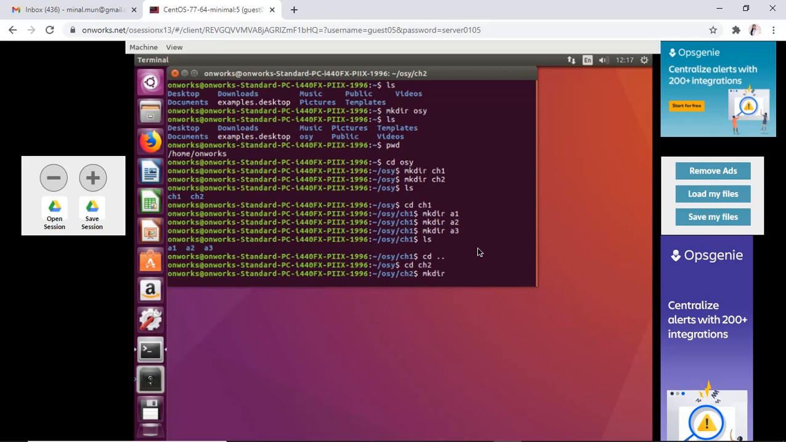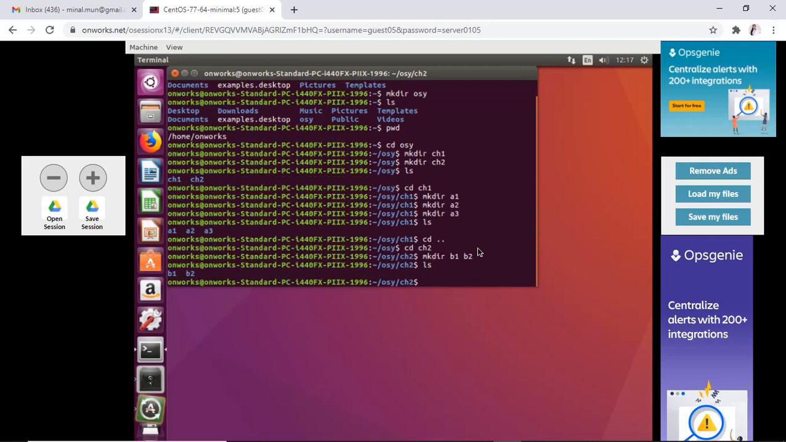Here you can write b1 space b2. Okay, at this time two folders are created. ls. Okay, so ch2 contains b1 and b2 and ch1 contains a1, a2 and a3. Okay, now